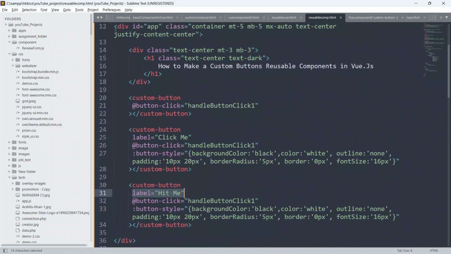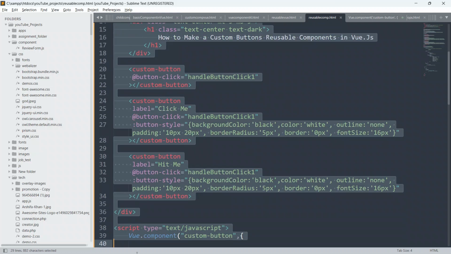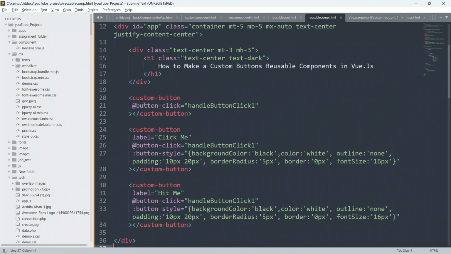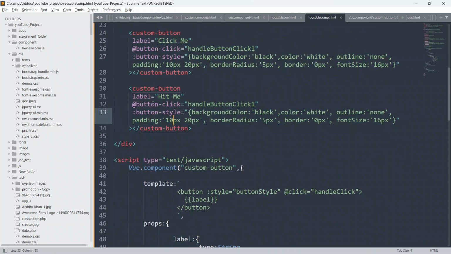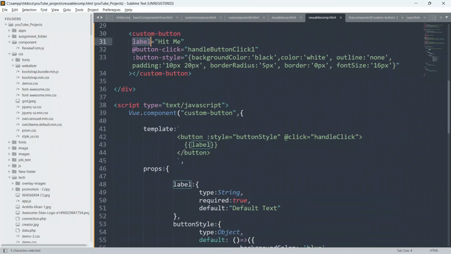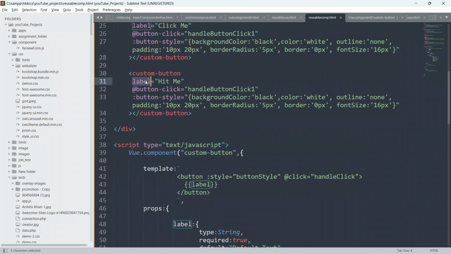This entire div is known as the parent component, and here we are defining our custom label to this custom button child component, and we are saying the label equal to hit me and button click.